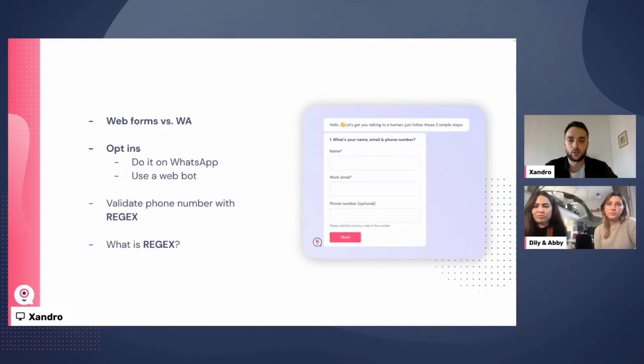Some of you may already know it, but for those who don't, it's a very powerful tool to validate user information such as phone numbers. Once we have this information, we can opt the user in to receive messages from the company. We'll go into this in a little more depth in the next slide. But before we do that, Dili, would you like to explain how Regex works?